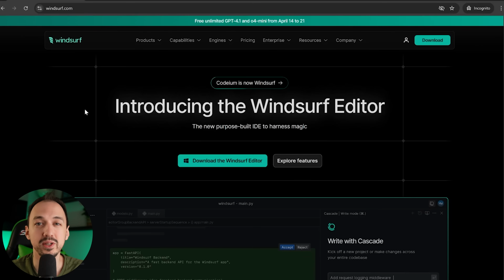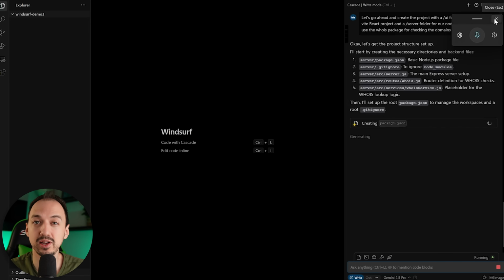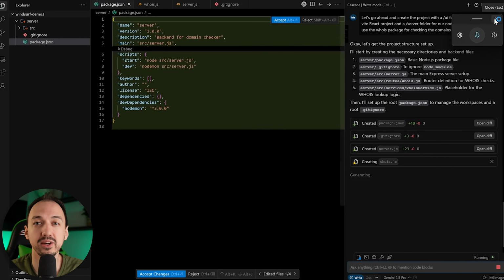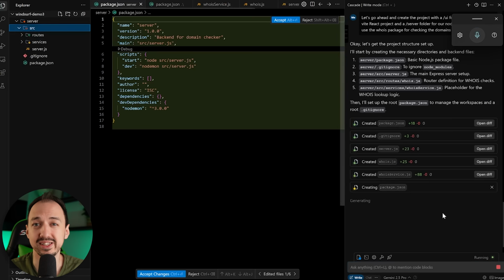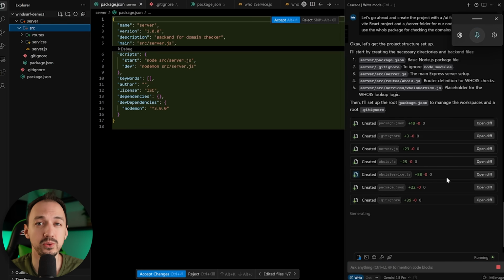Today we're taking a look at Windsurf, a powerful code editor that uses AI to help you code much faster. Now, it's a great starting point for beginning your AI coding journey, but it also works well on large code bases, so regardless of your experience level and the size of your project, it's a great tool to use when